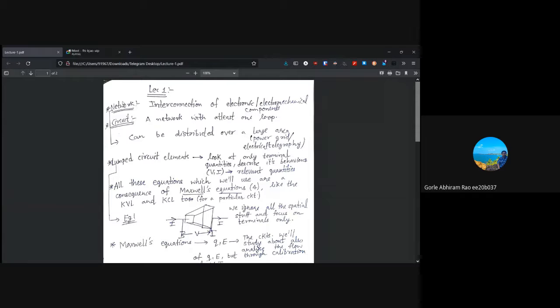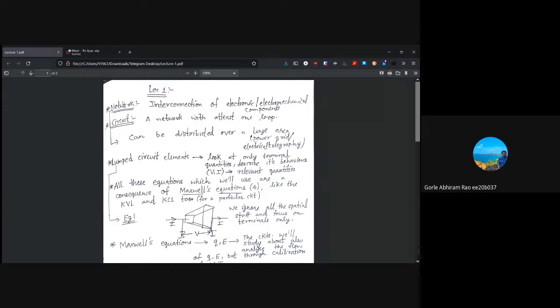And let's start off. So basically, when we're talking about electrical circuits and networks, since this course is about electrical circuits and networks, first we need to know what a network and a circuit mean. We try and look at what an electrical network means. An electrical network is an interconnection of various electronic or electromechanical components, like an inductor, resistor, capacitor, or maybe a current or a voltage source too. So, interconnection of various electronic components is basically what an electrical network is.